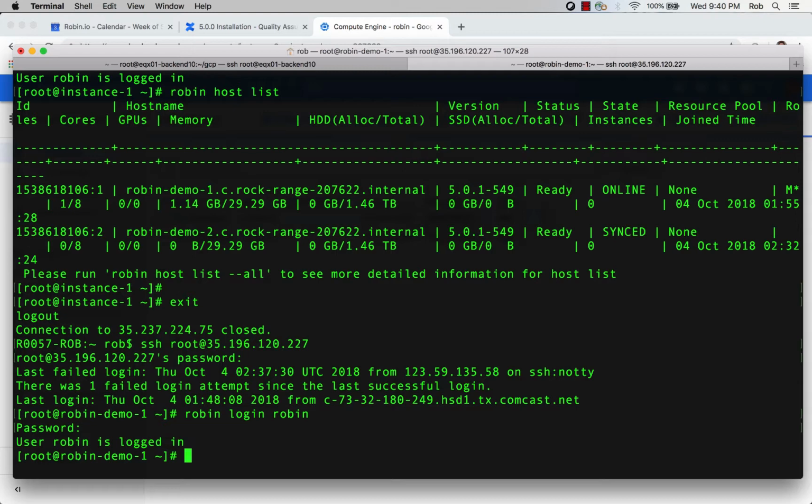Okay. And then now what we want to do is actually define the roles for these nodes. It'd be one of the first things that we would generally do. So in this case, we're going to make both of our nodes in the cluster hybrid nodes, which means they will have both the compute role as well as the storage role. So for that, we want to do Robin host. Actually, first of all, before we do that,